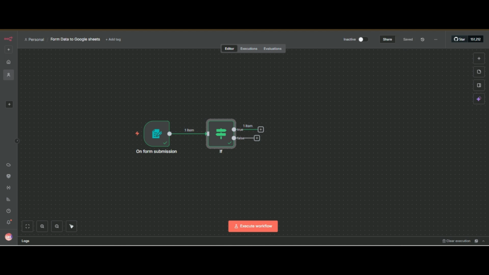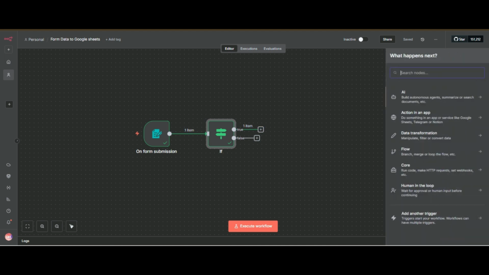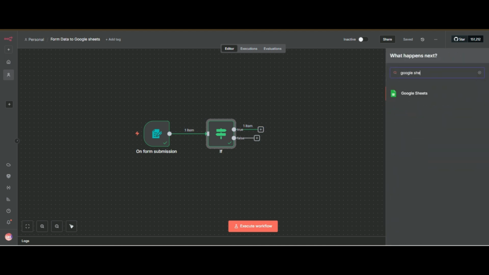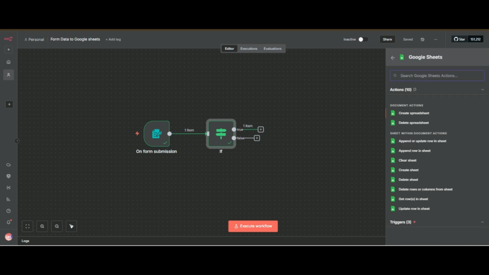Now we have to connect our Google Sheet into n8n because we want to save our data into Google Sheets. First you click on the plus icon and search Google Sheets, and because we want to append and update or send data in a sheet, we select append row in sheet.